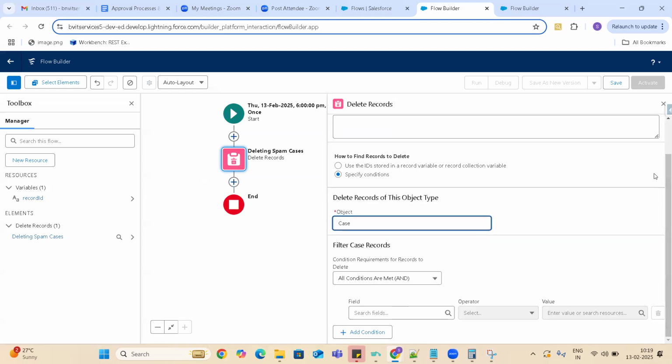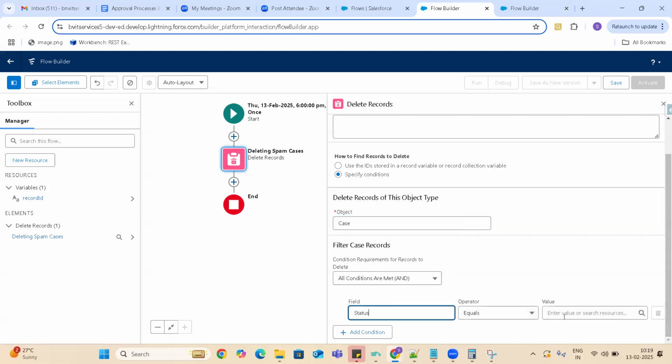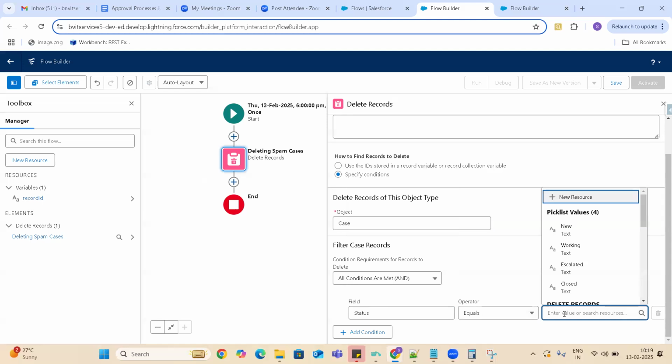So the case records that we are going to filter out. Here, case status equals to... it doesn't have spam, guys. Basically, we haven't done anything like that, right? For now, I'm going to delete escalated cases. Okay. Click on save.